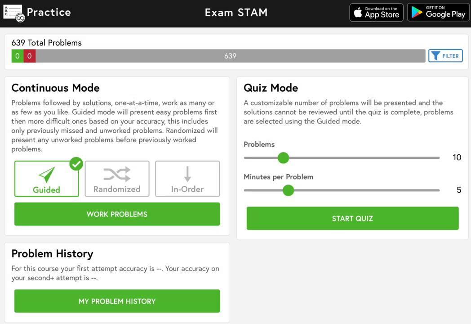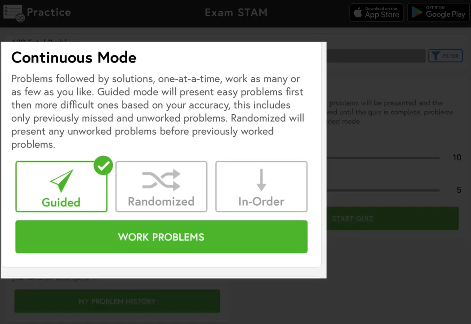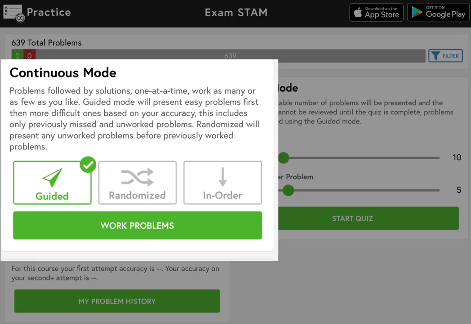At TIA, we're excited to announce a new feature for our practice app here in spring 2020, and that's called Guided Mode. We'd like to suggest that you spend most of your time in Guided Mode, which will present easy problems first and then more difficult ones based on your accuracy, and includes only previously missed and unworked problems. If your filter includes multiple lessons, such as when you have the Watch Lessons filter set, then Guided Mode also